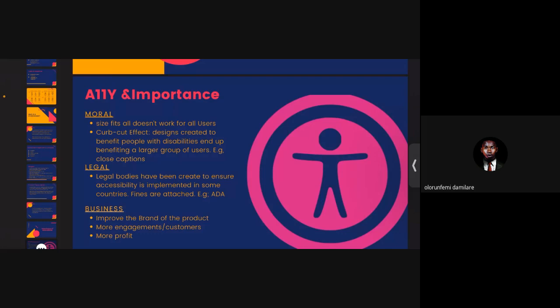Okay, now it also affects people that do not have a disability. Say for instance, a woman that is carrying her baby on a trolley. That's probably a situational disability, but this person is not permanently disabled and she's benefiting from it as well.